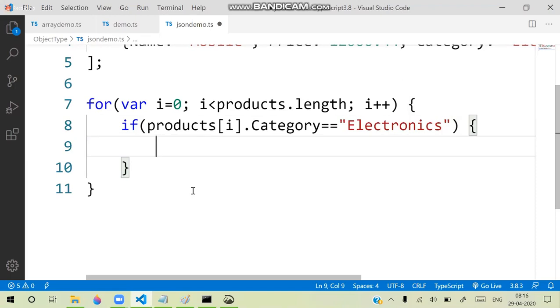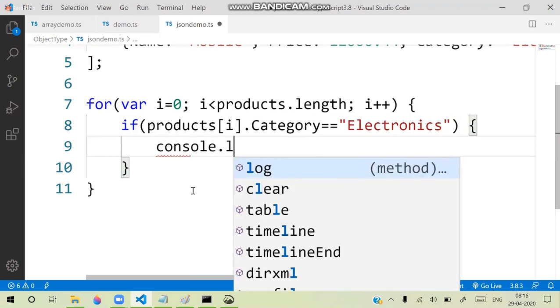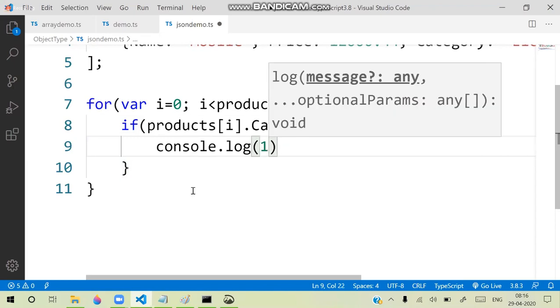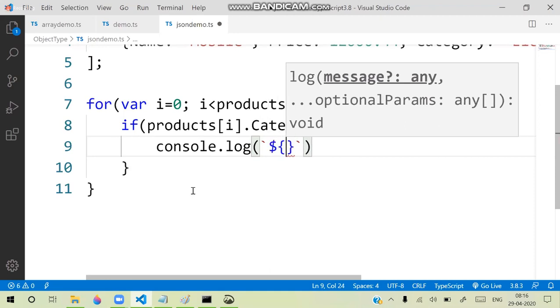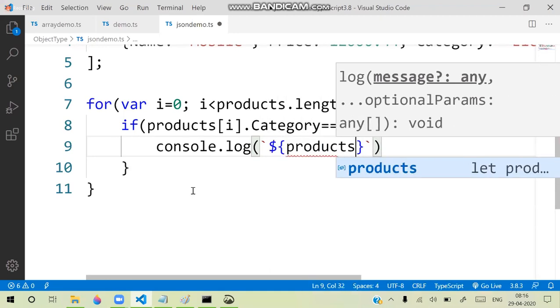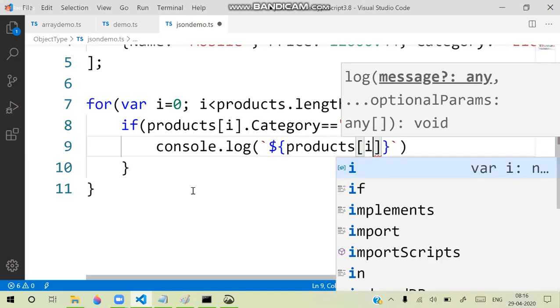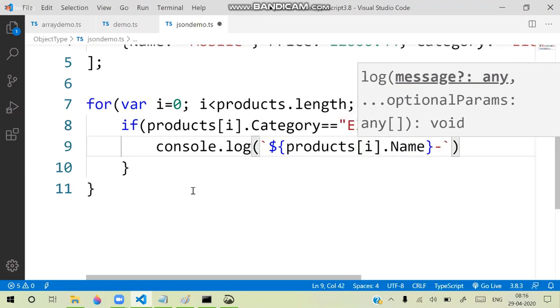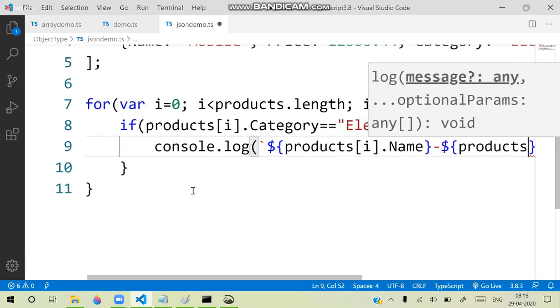So here we write console.log, products of i dot name. Only the name will be printed, and here products of i